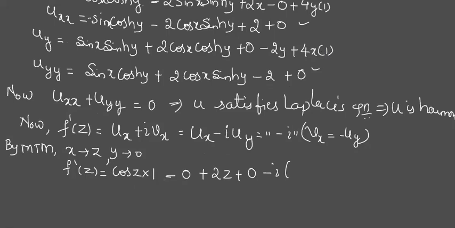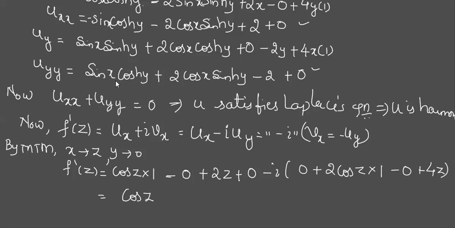Now I'll substitute for uy, with a minus sign. This is my uy, where again we have to go for these changes, correct? So here we have sine hyperbolic y and y is 0. So sine hyperbolic 0, first term is 0, plus 2 into cos z into cos hyperbolic 0 which is 1, minus 2 into 0 is 0, plus 4 into x, and x is z. Tell me overall what is remaining.